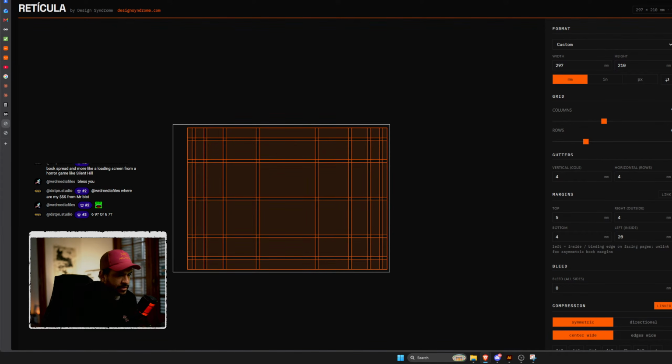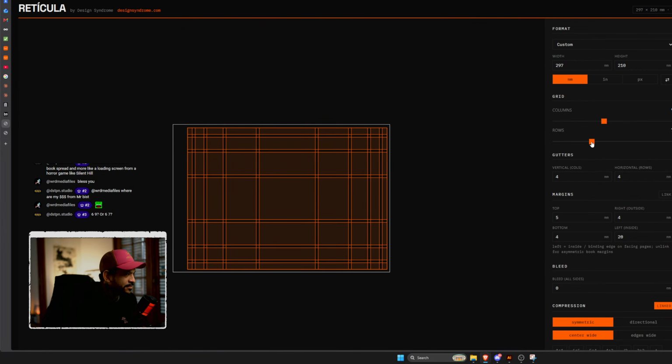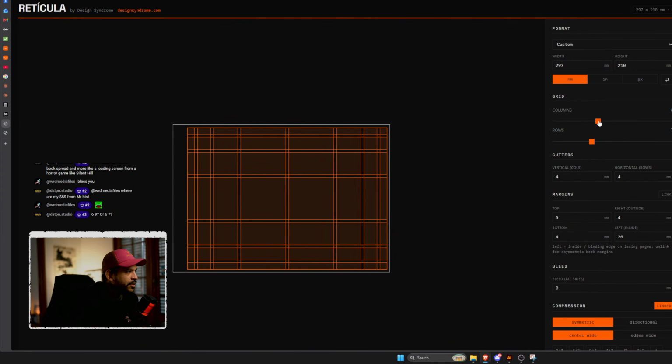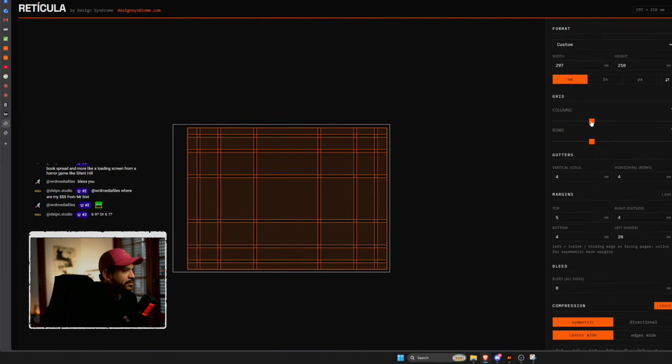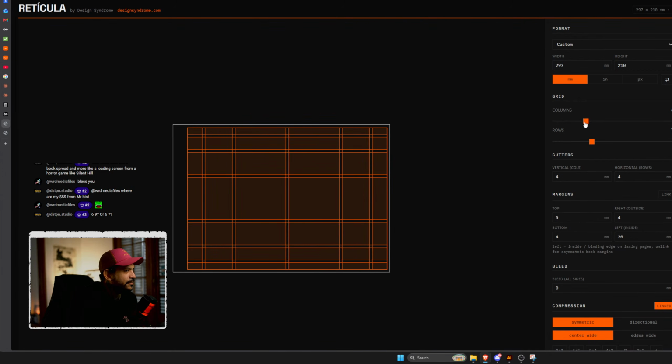And 6.9 or 6.7? Actually, let's make it 6.7 for the plot. I like 6.7 because it gives me the topmost for the running header. Okay, let's make it. Can it be 6.7? 6.7 for the plot.